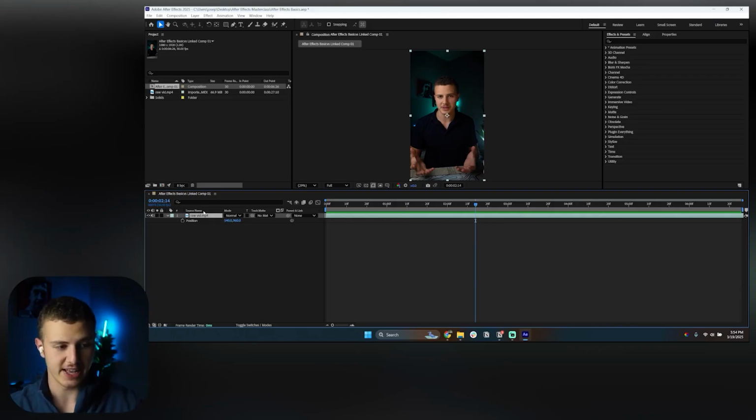For example, if I click on S, I get the scale. If I click on R, I get the rotation. If I click on T, which stands for transparency, I can get the opacity. And if I click on A, which stands for anchor point, I can get the anchor point. So for that reason, it's very important to note these because this is how you work very quickly in After Effects. A lot of people